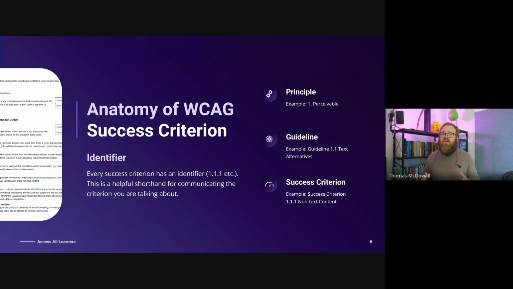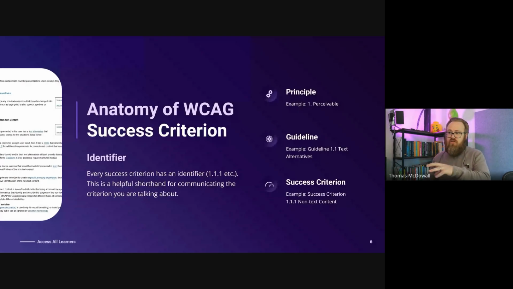So, the anatomy of a WCAG success criterion. This is kind of the most exciting stuff I can imagine, but this is important to understand. We can't use the guidelines without understanding the anatomy of a criterion. So we start off, as I mentioned, with a description. These are given at the principle, guideline, and success criterion level. They basically outline the intent. We're going to be talking about captions because captions are important for video and so on, all that sort of stuff. Each guideline, though,